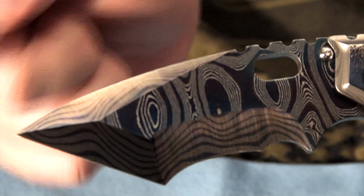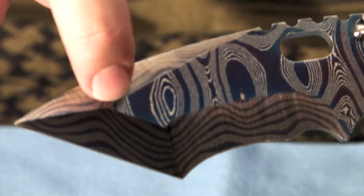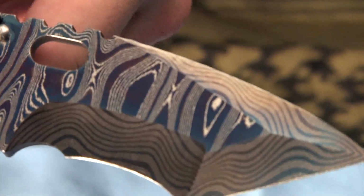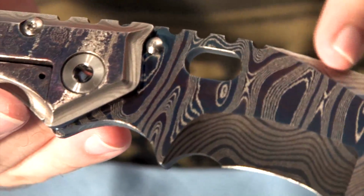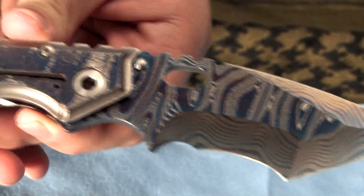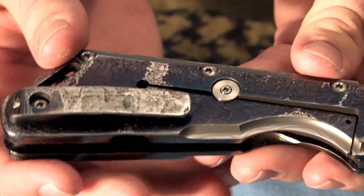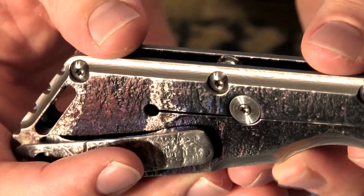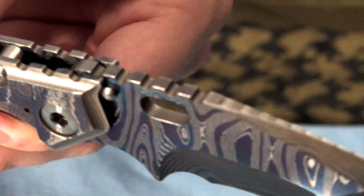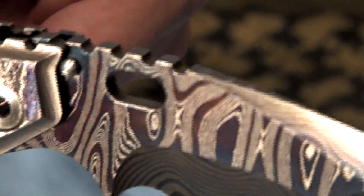It's difficult to capture it on a video, but I can assure you that these lines where the grinds meet up, those points, they do match from side to side. And it's just fantastic. Mick has the skill to get those points to match. What's fantastic is looking at this blade, and you can actually follow the different lines as they go to different areas of the knife. This is the kind of knife that you can look at for half an hour at a time and really get lost in the detail, such as this dragon spine. It's fantastic the way Mick kind of grooved that spine to give it an extra layer of detail, an extra